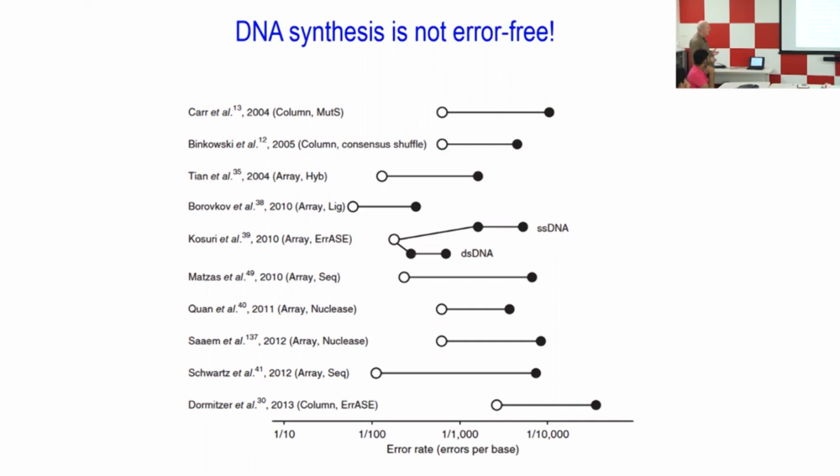And this is something that in many cases is a pain in the neck, because you think that you have solved a problem, and then it turns out that at the end you get to a final construct and it doesn't work. And it doesn't work because the original sequences that you started with happen not to be completely correct. And you know that in a complex construct, it's enough that one gene mutates in one base to kill the whole thing. So in the last few years, there's this growing interest to develop new methods of DNA synthesis that